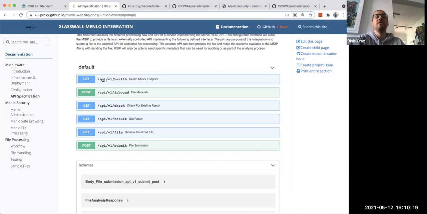And we came up with this API that has endpoints to send data in and out of a CDR platform. But fundamentally, it's more generic than that, because what we want is a situation like our ICAP integration, where we can work with any proxy or tool that supports ICAP. We want to have a mode where, once we define, and ideally as an industry we can agree on, this CDR API, anybody can integrate with it,